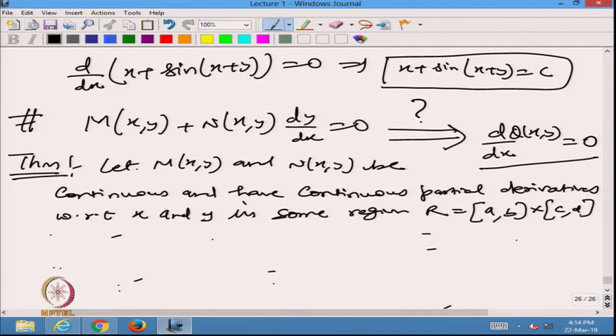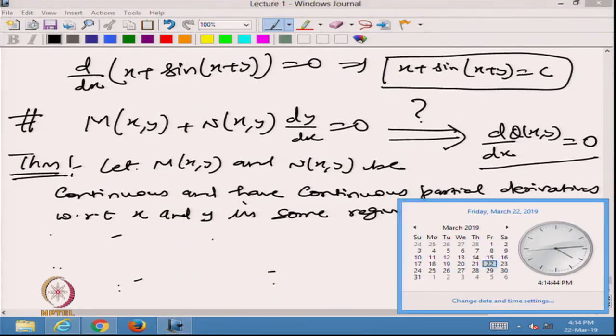So this is a square region, a rectangular region. Then